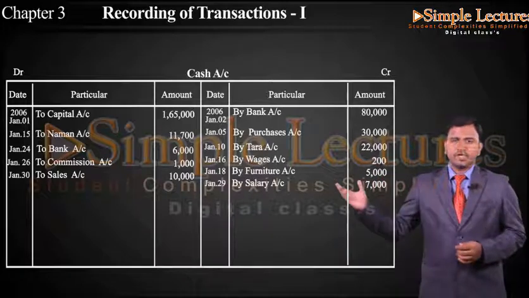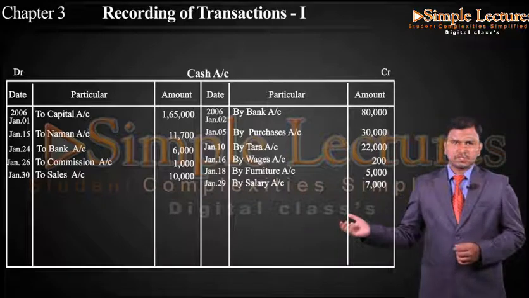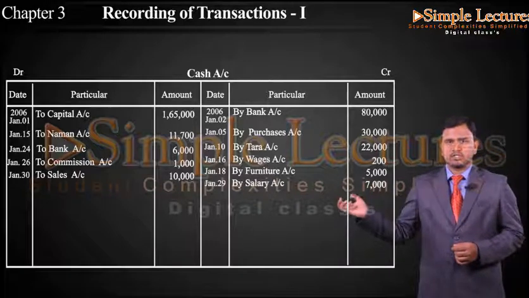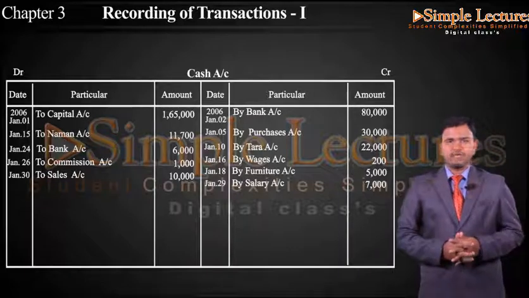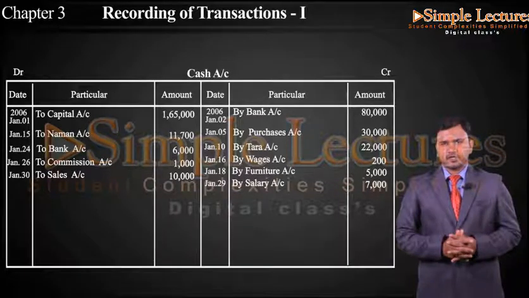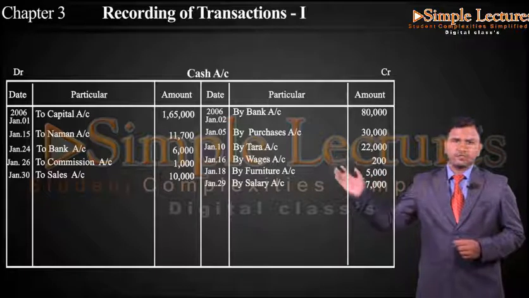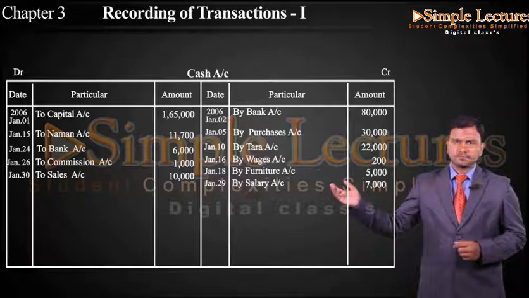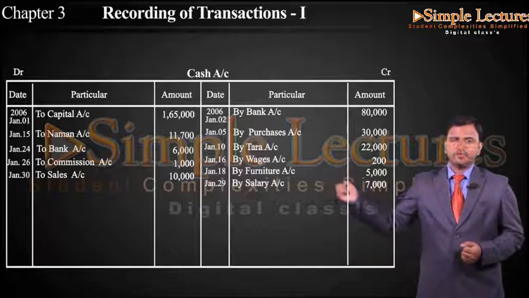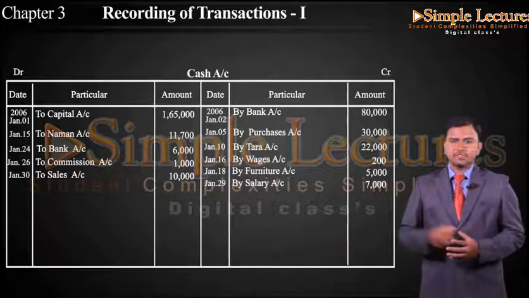So now we have to close this particular account, we have to close the total of both the sides. Which side we have excess total, that we have to take first. So let us take in the debit side, we have capital 1,65,000, then we have Naman account 11,700, then we have bank 6,000, then we have commission 1,000, then we have cash sales 10,000. So here debit side total is coming